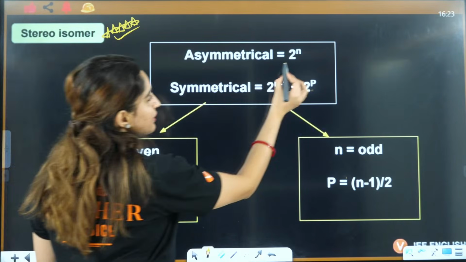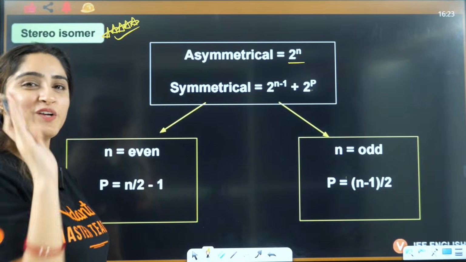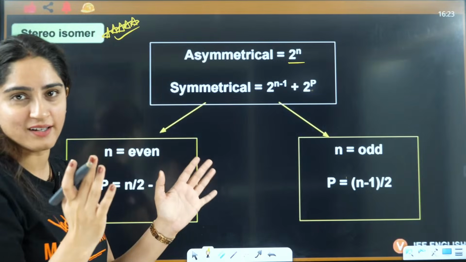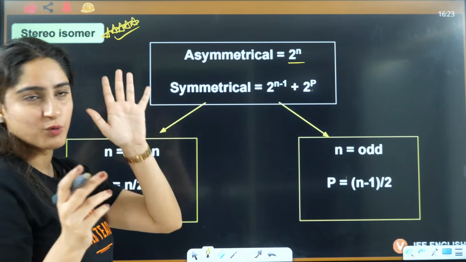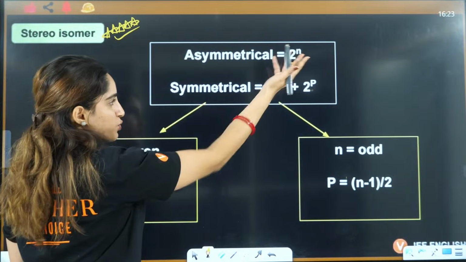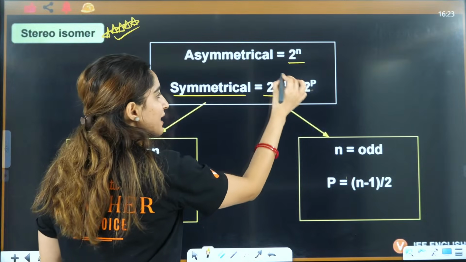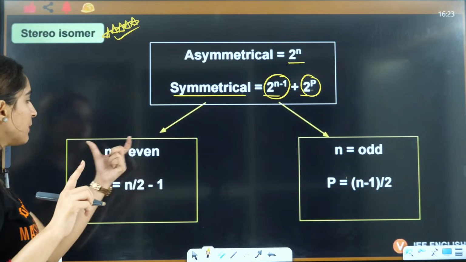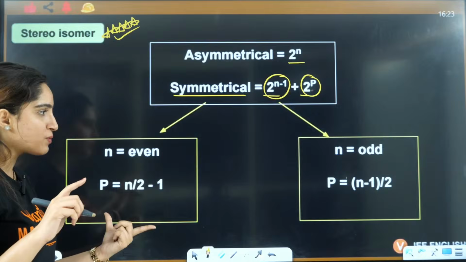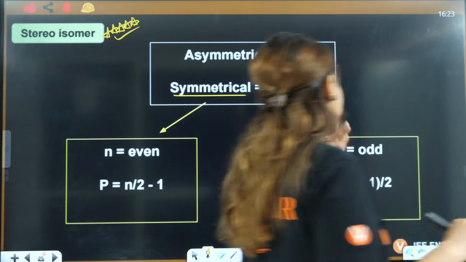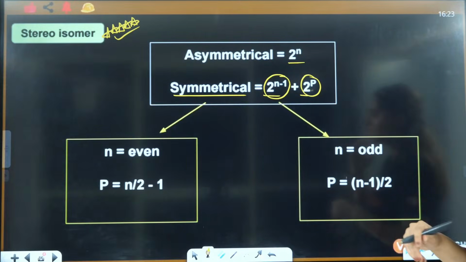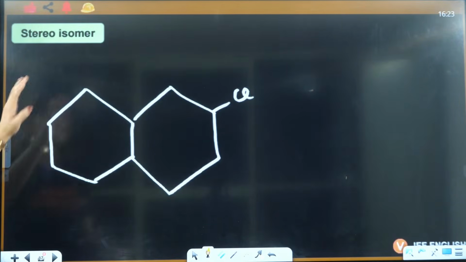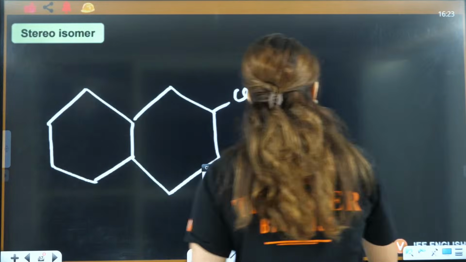So asymmetrical, I know you are literally thinking that ma'am please, if they give us asymmetrical compound, that's great. If they give us symmetrical, will burn out, right? So asymmetrical is 2 raised to power n, and symmetrical is 2 raised to power n minus 1, plus 2 raised to power p. And what is p? P will be n by 2 minus 1, or it will be n minus 1 by 2 depending upon what you have, right? Okay. Now, if you see this here, stereoisomer here is going to be,